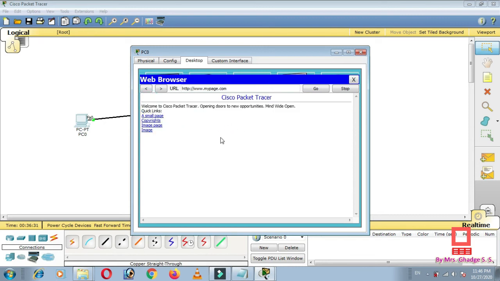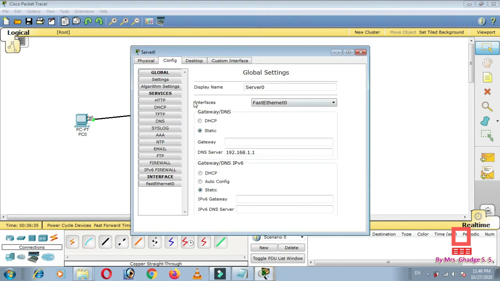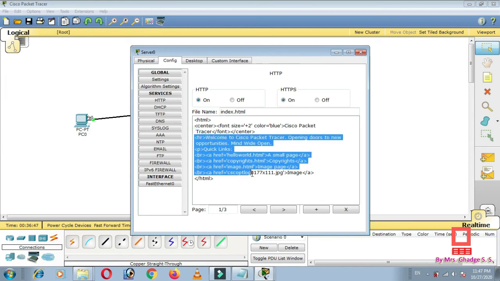Okay, so this is the output of the page, which is by default a page of HTTP. Okay, so here you can see HTTP service and the file index.html. So all these contents we can see on the web browser of PC.